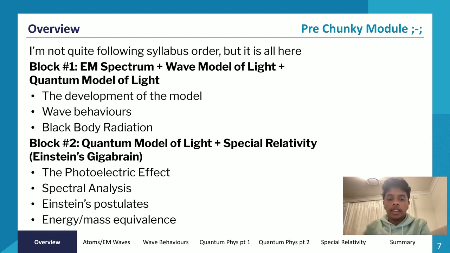And that's especially the case in terms of special relativity. I'll try with this lecture to get you to wrap your minds around special relativity, because the thing is, thinking about special relativity kind of breaks your mind. It's very trippy. So my hope is that with this lecture you'll be able to understand a little bit about special relativity and the logic behind special relativity that Einstein thought of as well.